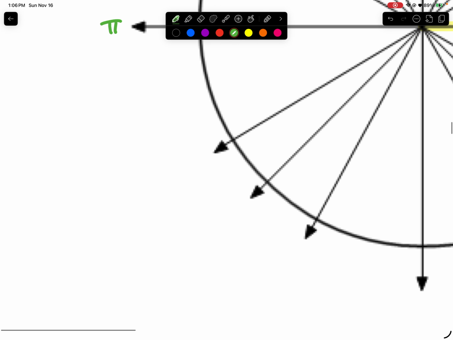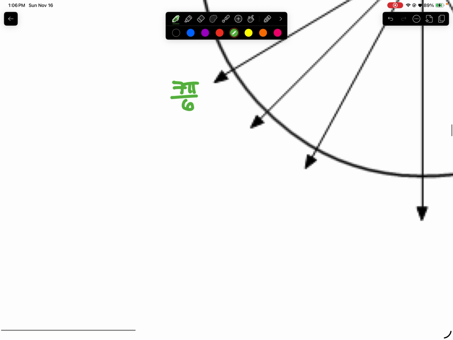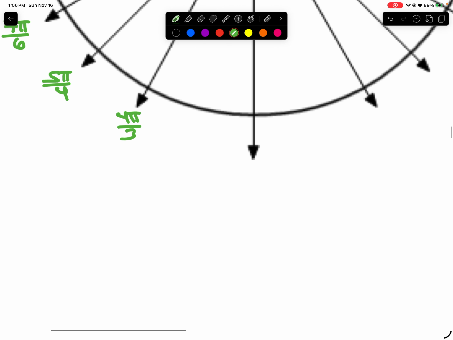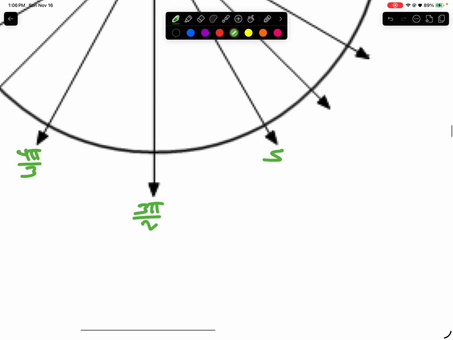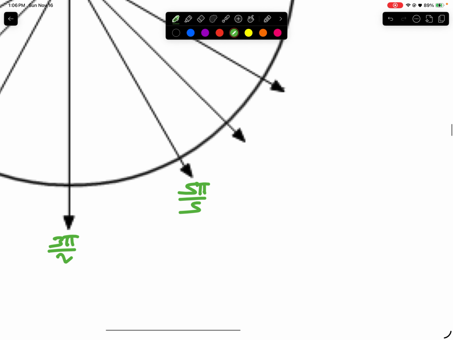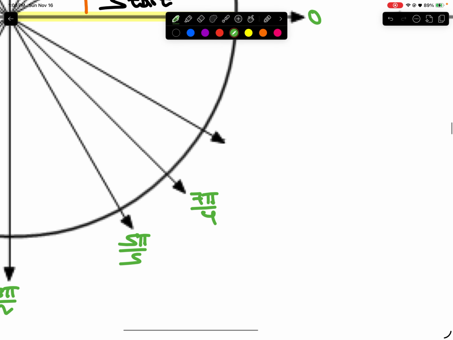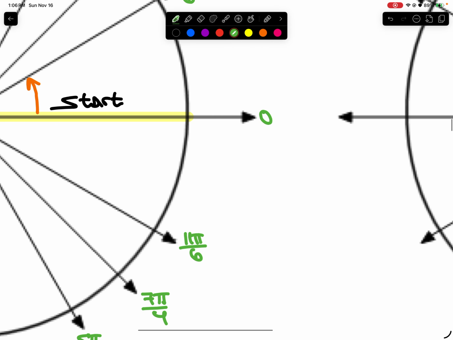180 degrees. And then as we keep going, so now we have 7 pi over 6 radians, 5 pi over 4 radians, then we have 4 pi over 3 radians, and then at the very bottom down here, we're going to have 3 pi over 2 radians. Then in quadrant 4, so 5 pi over 3 radians, then 7 pi over 4 radians, 11 pi over 6 radians, and last but not least, a full rotation, full revolution, which is going to be